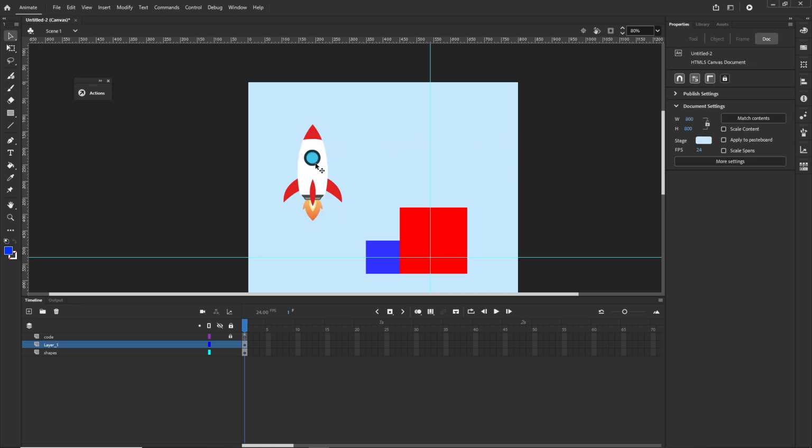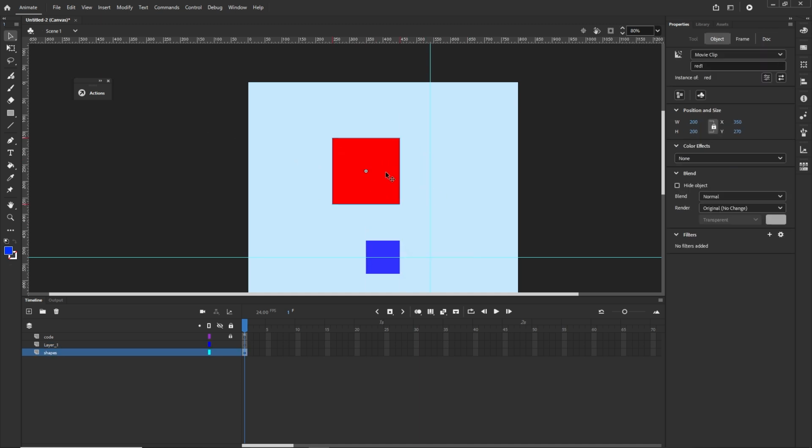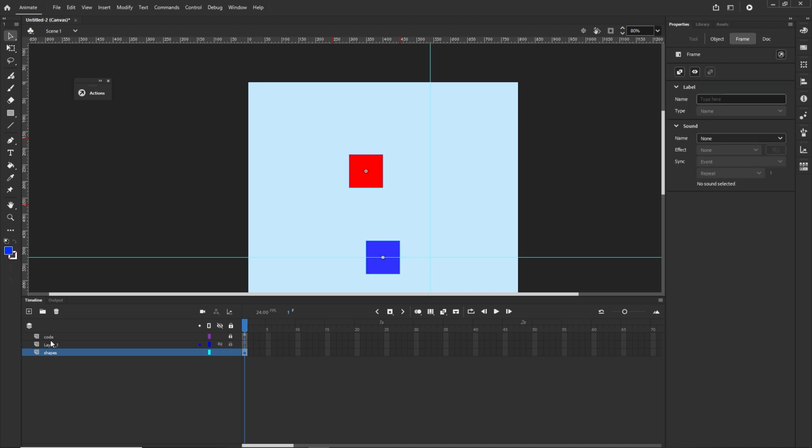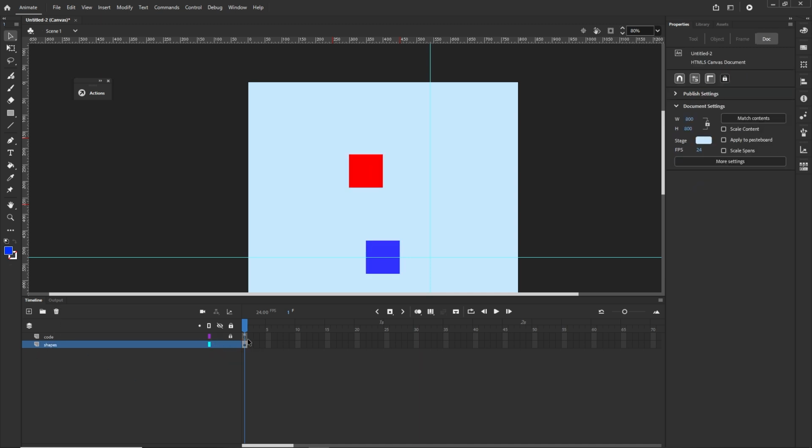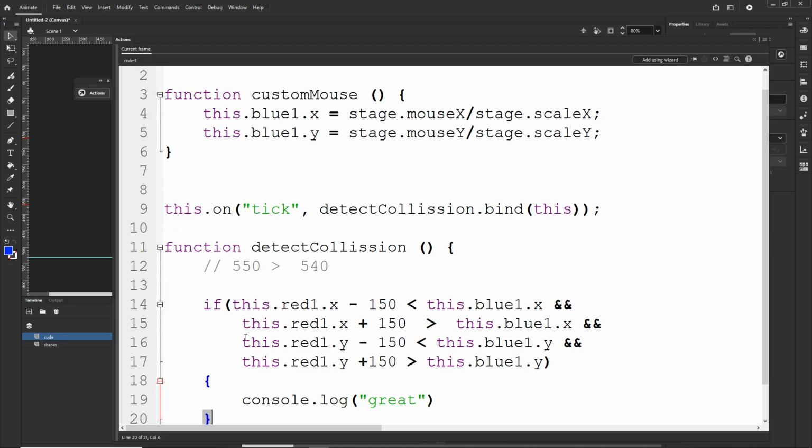But yet I am going to delete this, and I just want to show you that right now. Imagine that I am going to change my mind, and this shape is not going to be 200 by 200, but it's going to be 100 by 100. So all I need to do is change this to be 100 by 100, and then if I go to my code, so I will go like this. Right now we are not going to have the 150, but we are going to have 100,